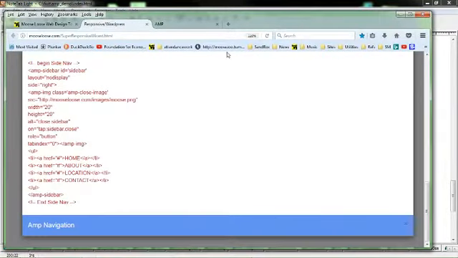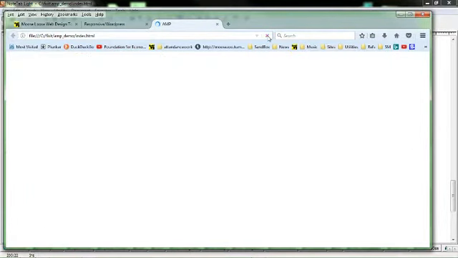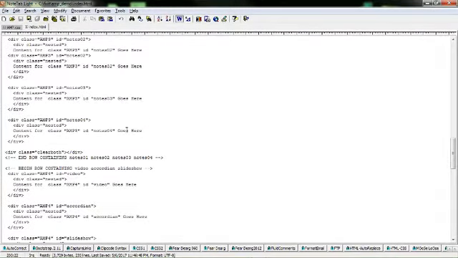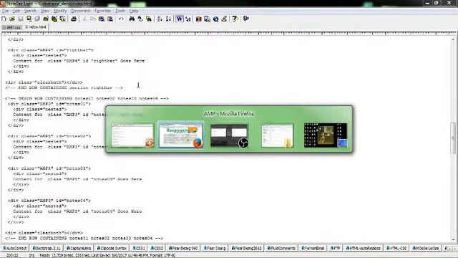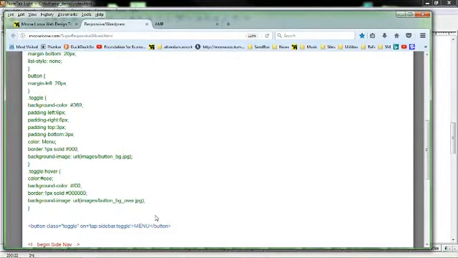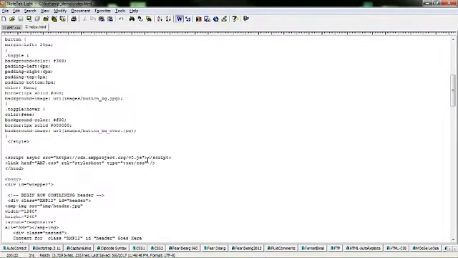let's go to our site and see if we have that button there. Oops. Oh, maybe I didn't put the button there. Yeah, I didn't put the button. I was talking. All right, so let's go get the button. Okay, here's our nav button. It's the code in blue. And let's put it up